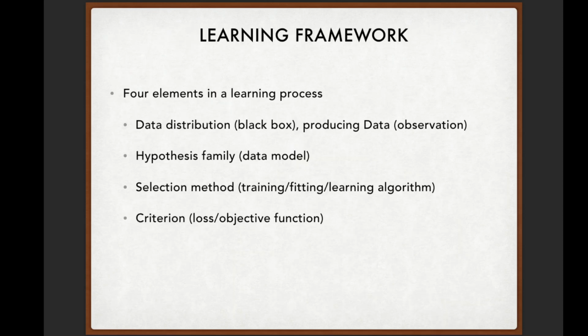So here is a summarization. In the learning framework, we consider 4 elements. The black box data distribution, which is unknown, but we can have observed samples as partial information of this unknown process we would like to